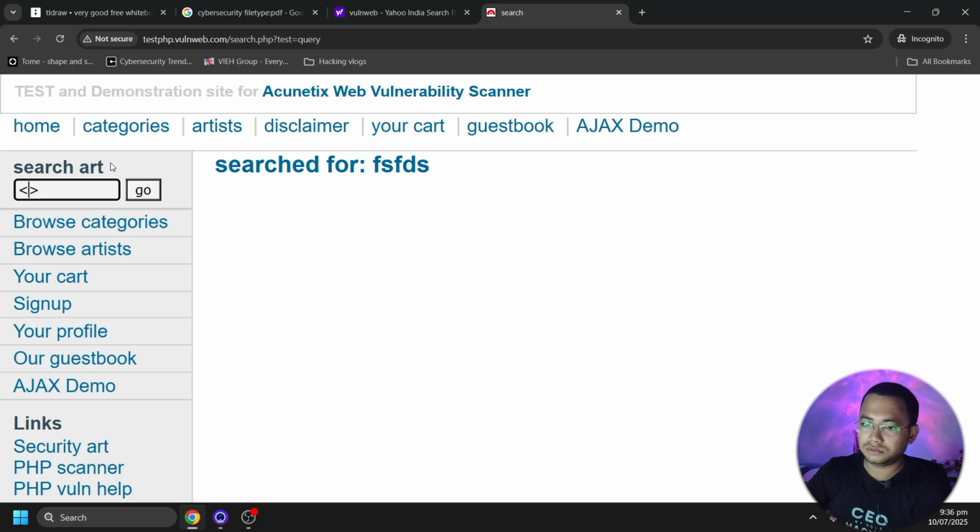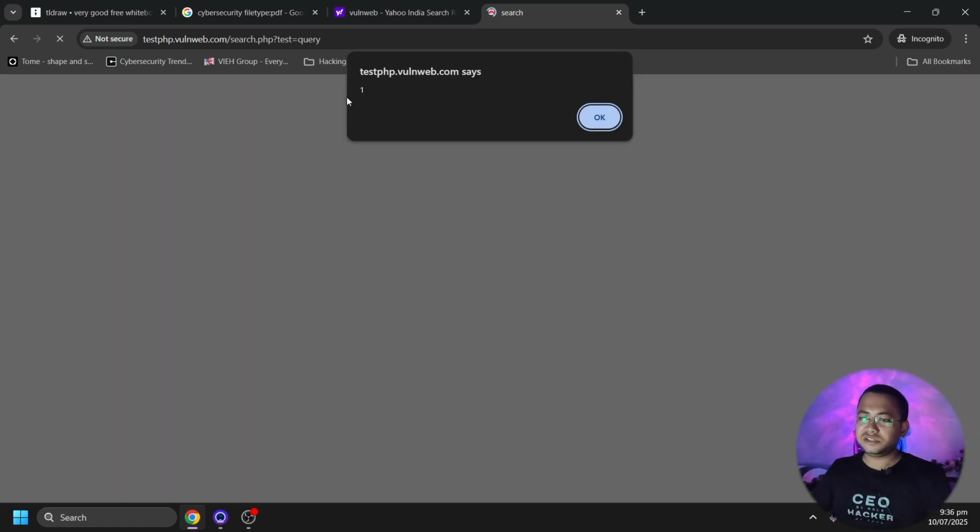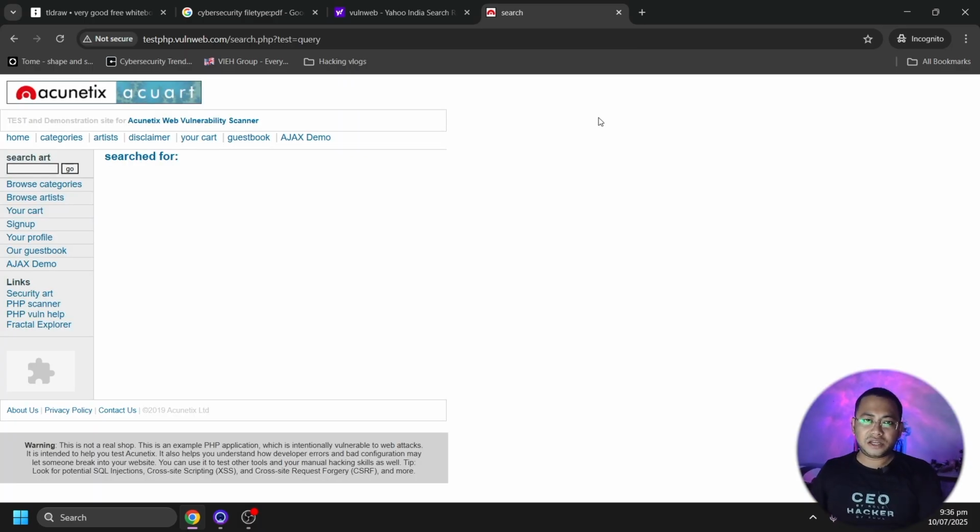So script, let's see, alert, then a comma for a popper, whatever you want to pop, script tag close. Then let me click on go. Yes, you can see there's a pop-up. So this is exactly how hacking works. This is a website where you can test your hacking skills. This is a vulnerable lab, and this is exactly how things go forward, right?